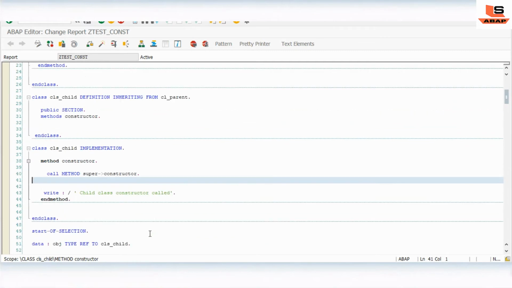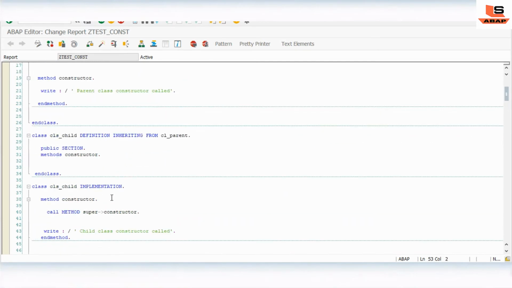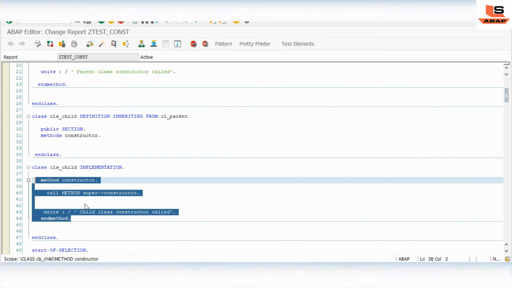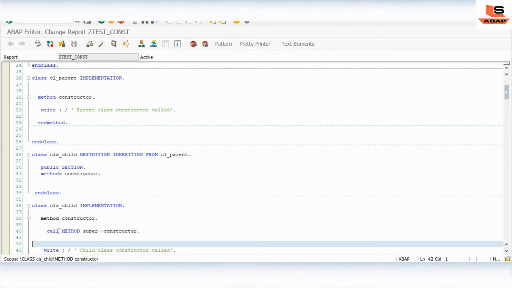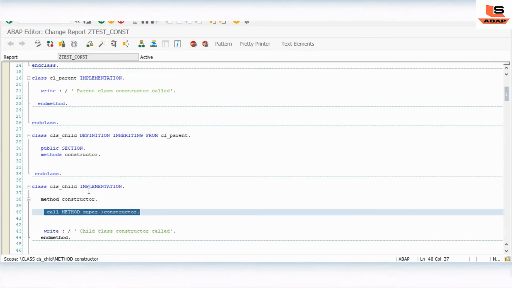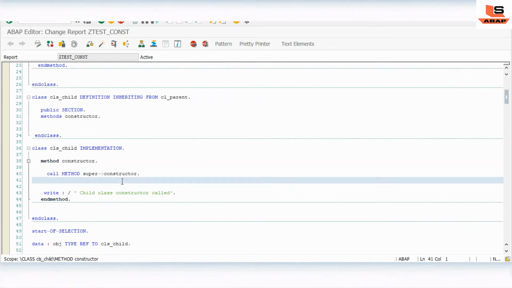Whenever you create the object, it doesn't know which constructor method to call. So whenever we want to implement the constructor of the child class, we should first access the constructor of the super class, that is the parent class, and then we can implement the child class constructor.